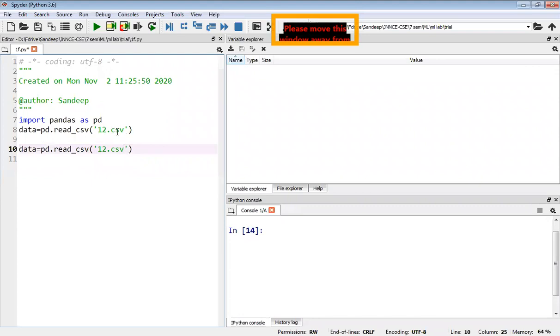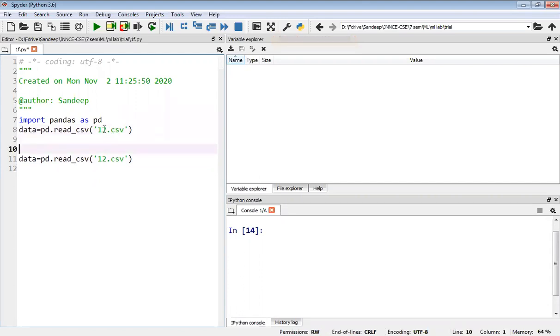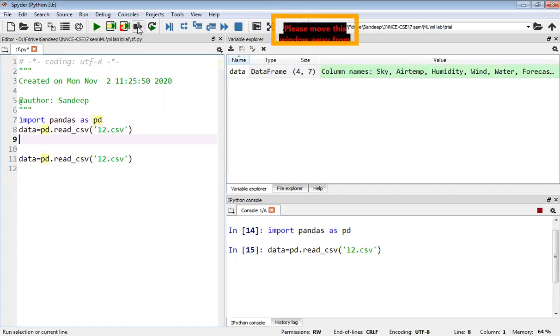If your program and data file are present in the same directory, you can just give the file name directly. Okay, let's run and see.